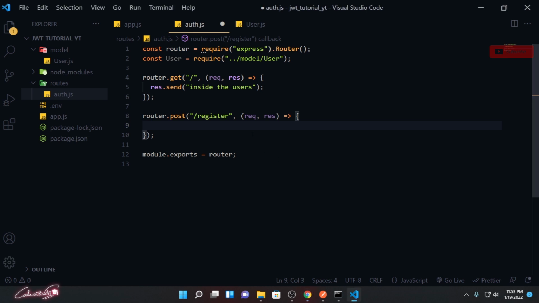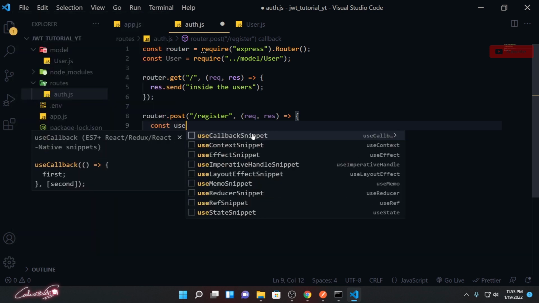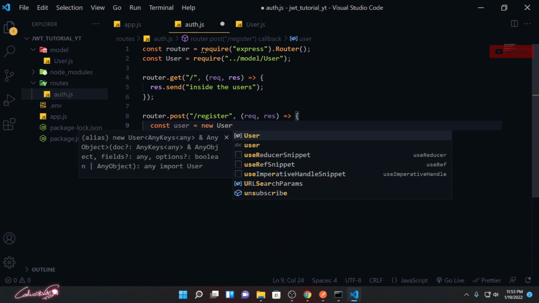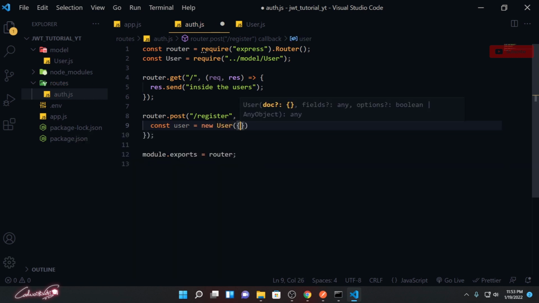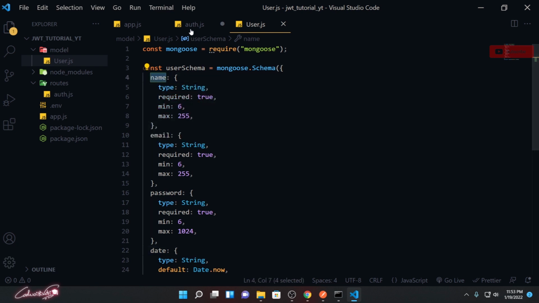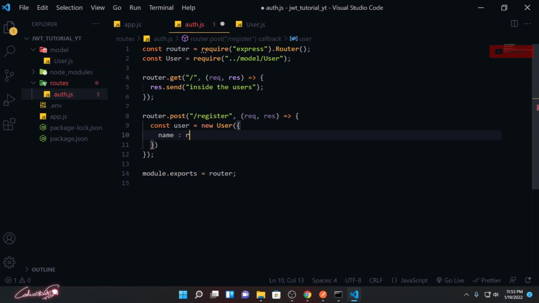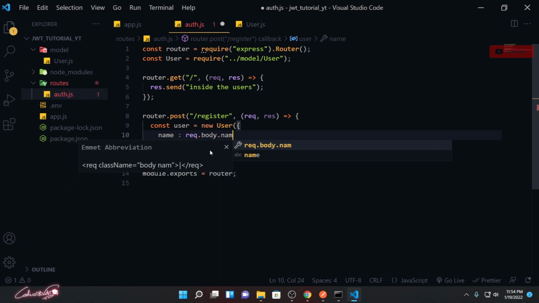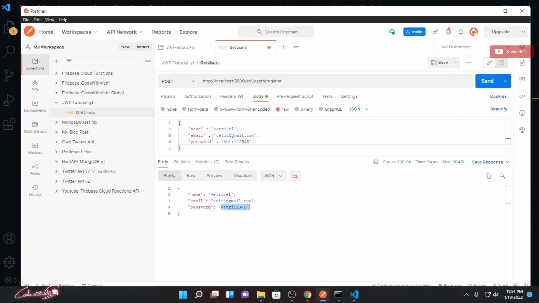So for that I'm going to create a new user. So const user, small letter, not the same uppercase here, because for the model we are using uppercase User. For this instance object, I'm using the small letter user. So equals new User, that's the model which we have. Open the model object, and here I'm going to pass the name, the exact same name and objects. So name colon request.body.name, what we are exactly passing from here.